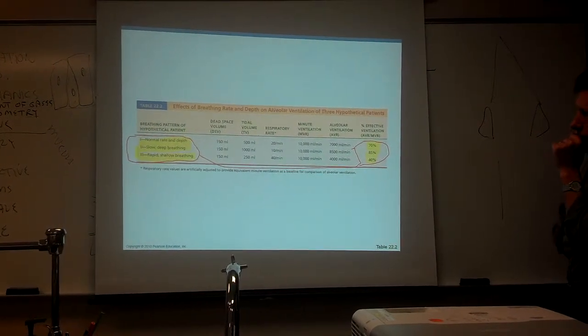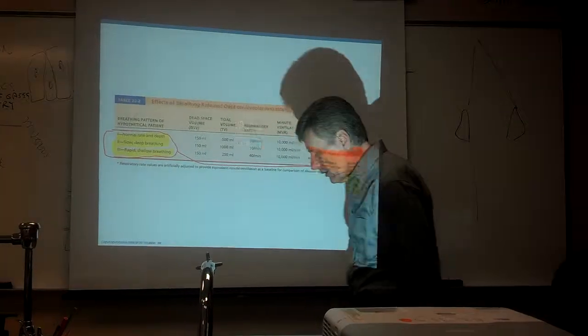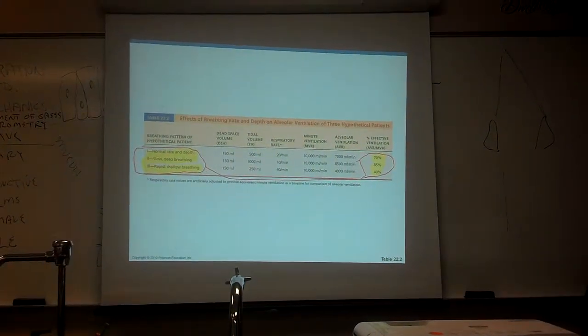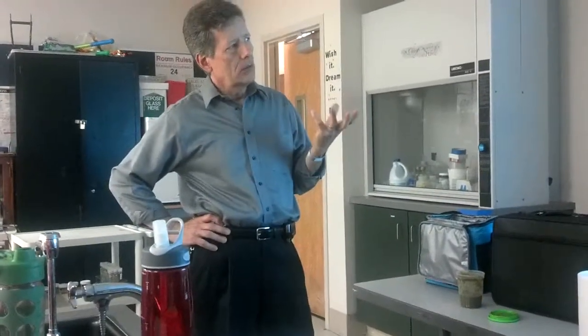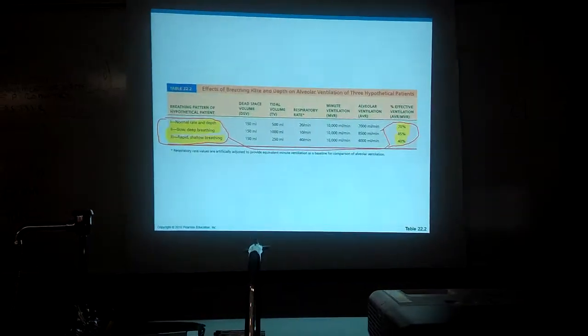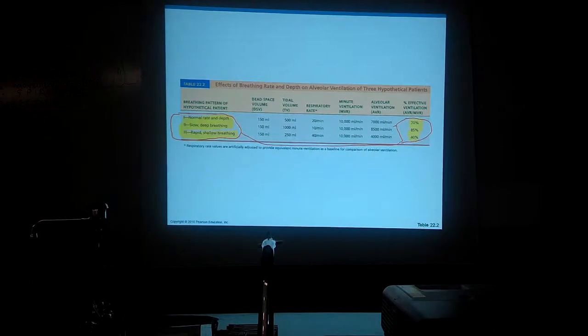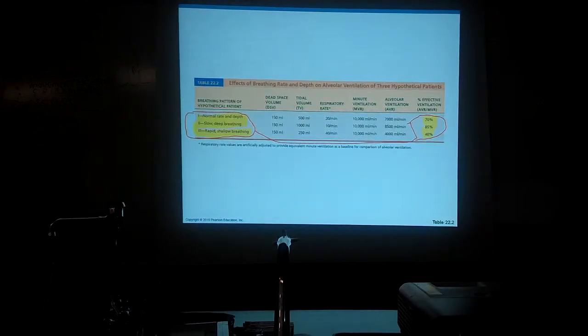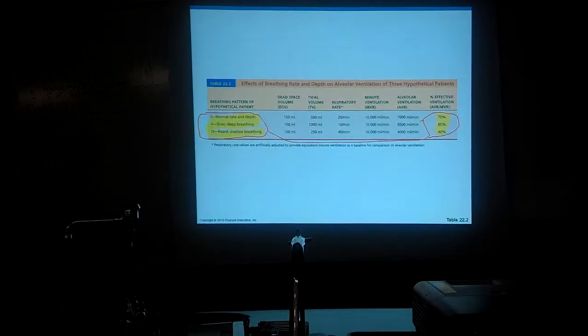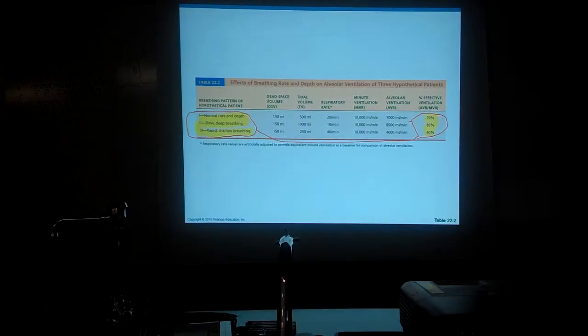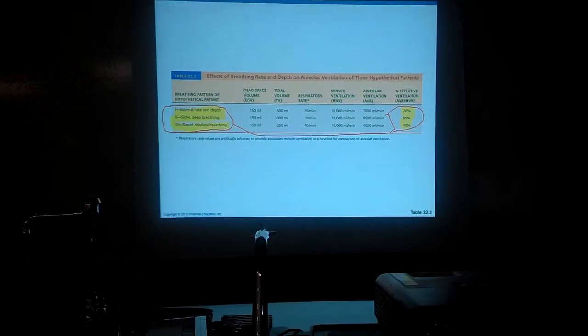The point of this slide is a great critical value. A couple things I want to say about this slide. What do you notice up there? You notice that in normal breathing, your effective ventilation is 70%. That means how well you're passing oxygen and CO2. In slow, deep breathing, it goes up to 85%. But in rapid shallow breathing, it drops precipitously all the way down to 40%. So if somebody comes into your house or in an emergency room, they're going,